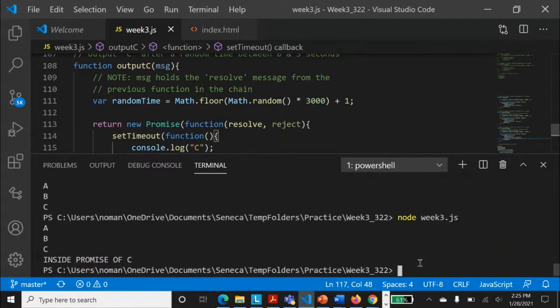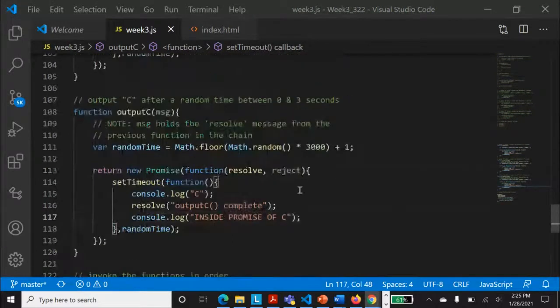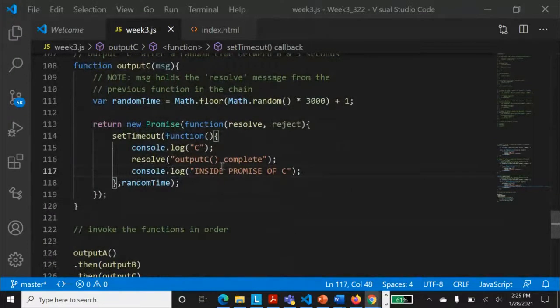Okay, see here A, B, and C have executed, and then inside promise of C, even though I called resolve from here, it still goes on to the other lines and finds out what is happening in them.